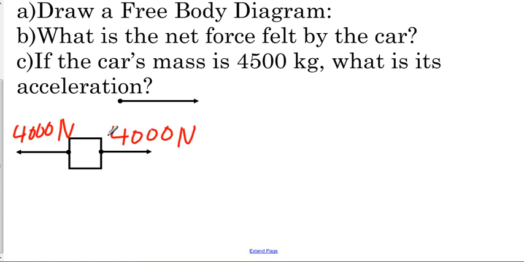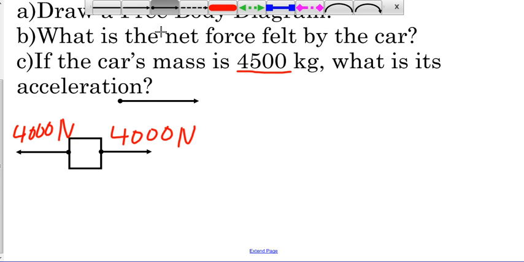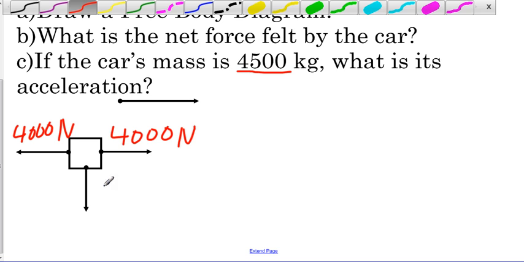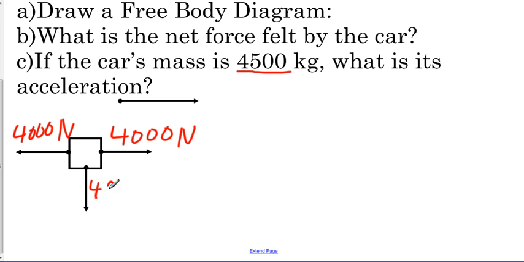What we're missing right now is the gravitational force, the weight. If we look ahead and use the 4,500, we can say that we have a vector going down, the gravitational force, and this is going to have a magnitude of the mass times gravity, which we'll just say 4,500 times 9.8. Now, if we stopped here, this would be an incomplete free body diagram. What this would show is that we have a net force going in the down direction and that our car is actually accelerating towards the center of the Earth. That's not happening in our problem, and so we need to make sure that we show the last vector here,